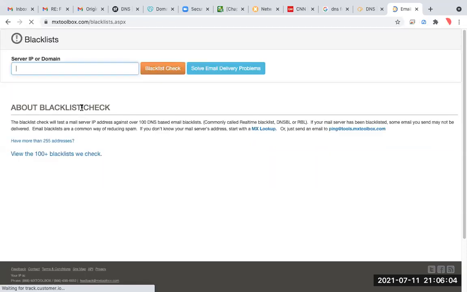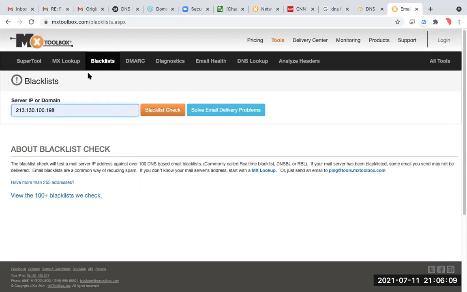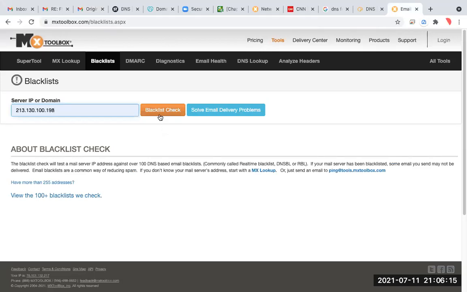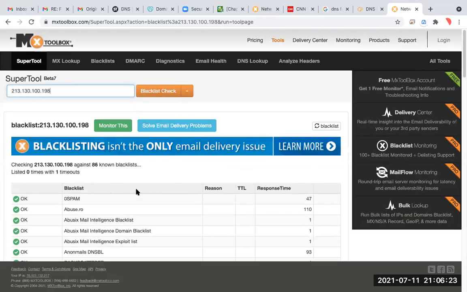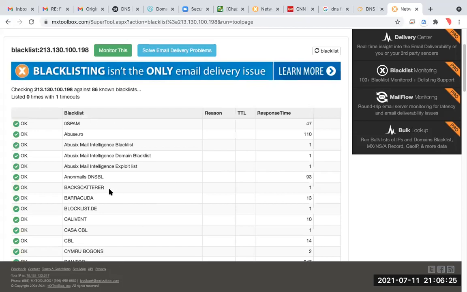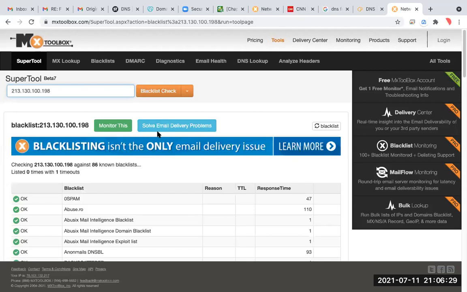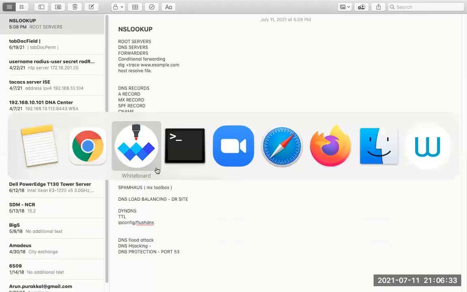I wrote it down because I explained how spam works at the time of spam checking. There is a site called MX Toolbox. There are many companies catching spam and putting it in the blacklist, so you can just use that. It's not very much part of DNS, but you may require it.